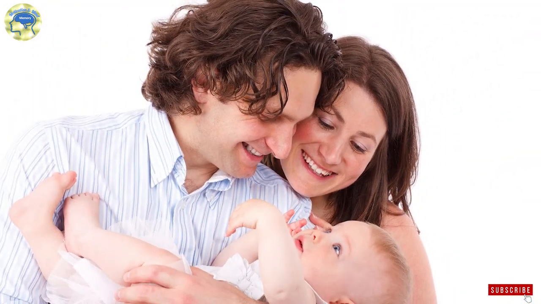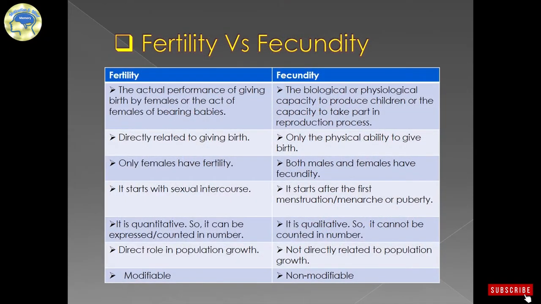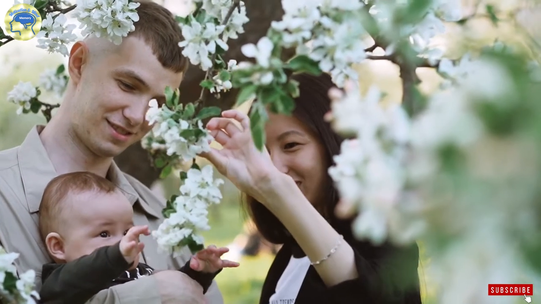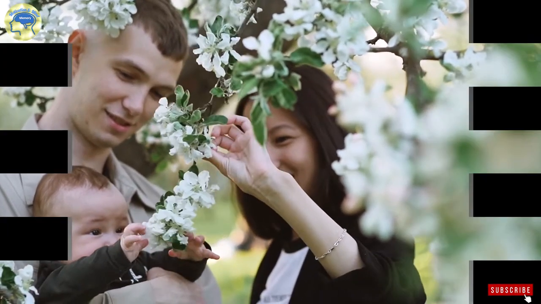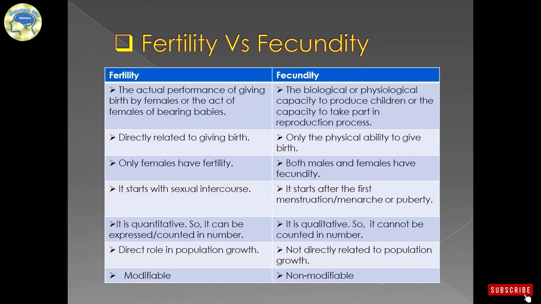It means both males and females can take part in reproduction. They have the biological capacity to take part in reproduction. Males also give some contribution for bearing the babies. Now you can see the next point, fertility is directly related to giving birth, whereas fecundity is only the physical ability to give birth. So the third point we have already discussed. Now if we see the next point,